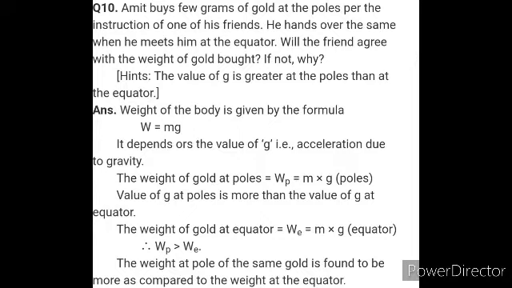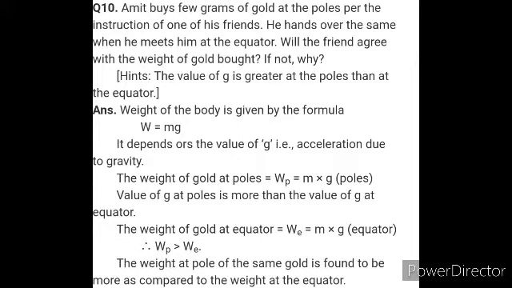It depends upon the mass and the acceleration due to gravity. And there is a variation in acceleration due to gravity whether you are at the pole or at the equator. So the position changes, the value is going to change. The value of acceleration due to gravity at the pole is more than its value at the equator. So when you purchased the gold at the pole, the weight is more, and when you check the weight of the same gold at the equator, the weight is less.